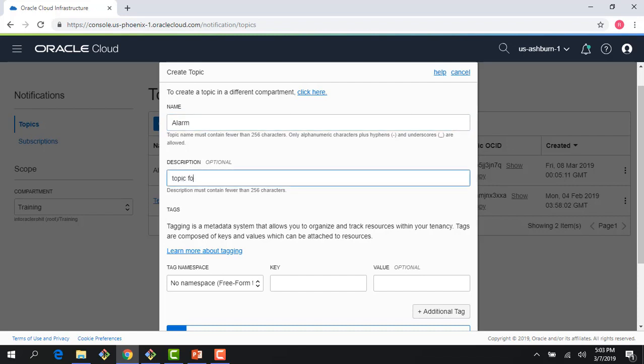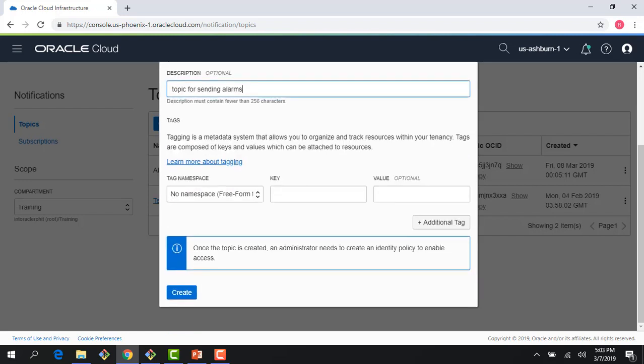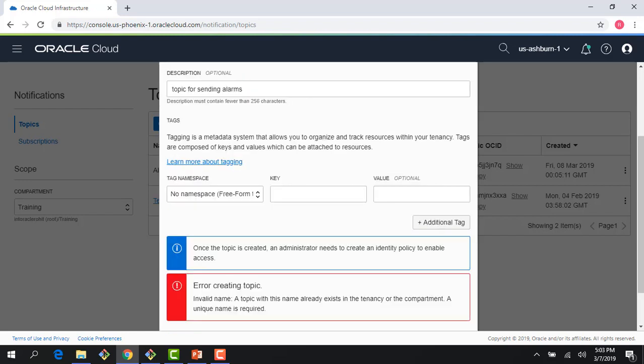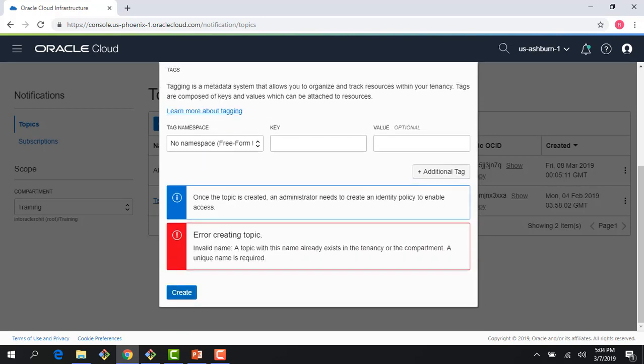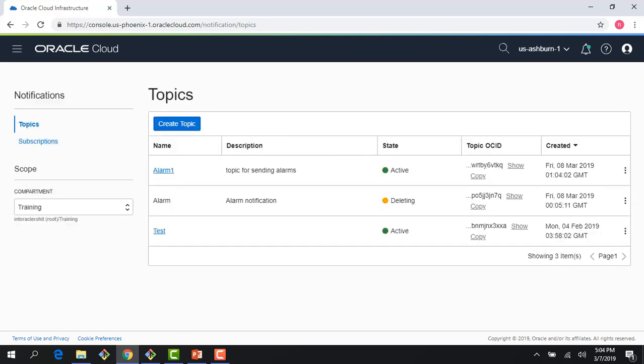I can do tagging if I want. Right now I don't need to, so let's just create that. Oh, so there is already a topic called alarm. Let's say this is alarm 1. Great. Okay, so we created a topic called alarm 1, and if I click on that, now I can create